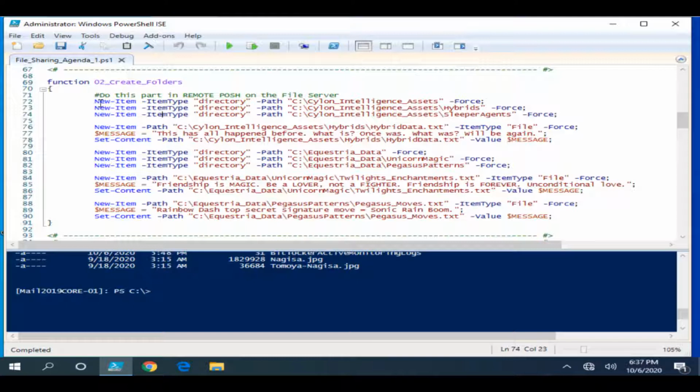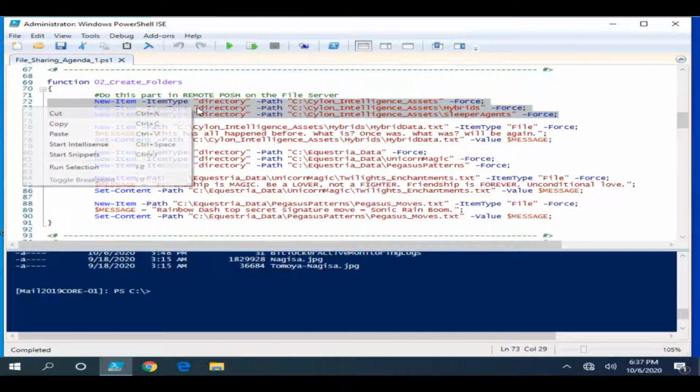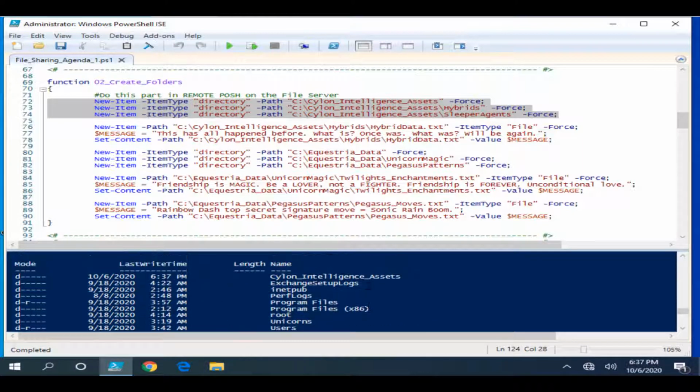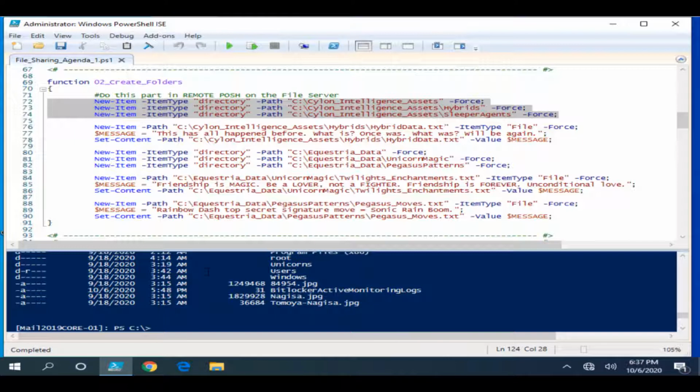All right, so New-Item -ItemType Directory, and here's the path. I want to create a parent folder called Cylon Intelligence Assets, and also two child folders, Hybrids and Sleeper Agents. So let's go ahead and do that. Run the selection. And we have created that, and if I list the directory contents, here it is, Cylon Intelligence Assets,